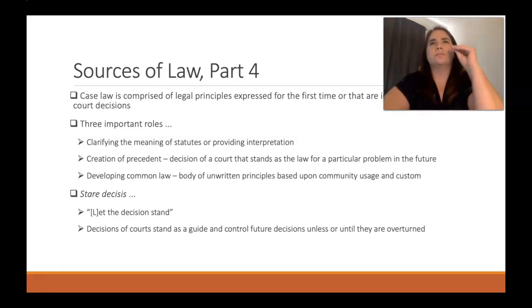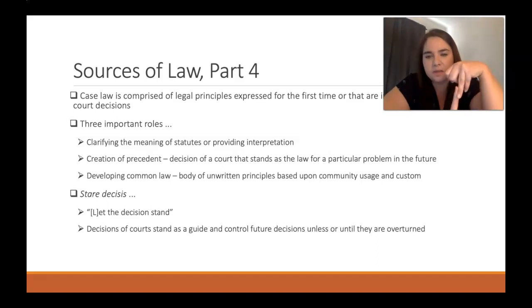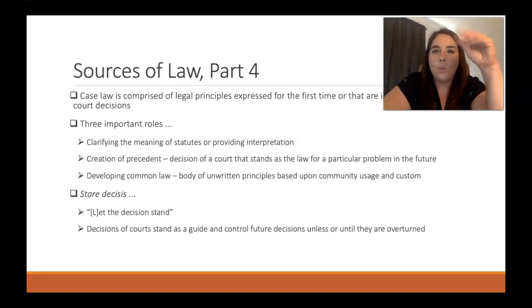Bringing it back. So even though the Fourth Amendment in its actual verbiage hasn't changed, our interpretation of it has significantly, but we don't go back and rewrite the Constitution. So what case precedence does is it develops this common law, unwritten principles based on our usage of the law, customary application of the law, and will then stand for what the law means in the future.